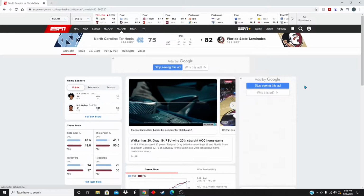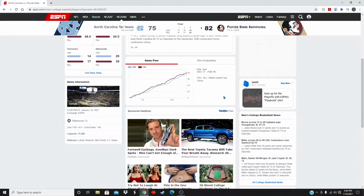Today, we're reviewing the game between the Florida State Seminoles and the North Carolina Tar Heels. As you can see on the screen, the final score of this one was 82-75. The Tar Heels did unfortunately come up short, pushing them to an 8-5 record and giving Florida State a 7-2 record on the season. If we take a look here at the game flow chart, as you can see,